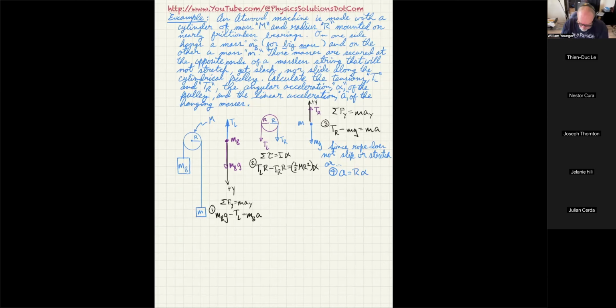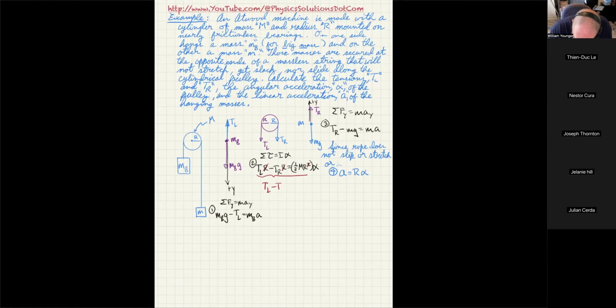Now, I can see that there's a common factor of R on both sides of equation 2. So from this, I can cancel out these two R's on the left with one of the R's on the right, and then the other R on the right can be used to make alpha into A. So when I do that, I now get